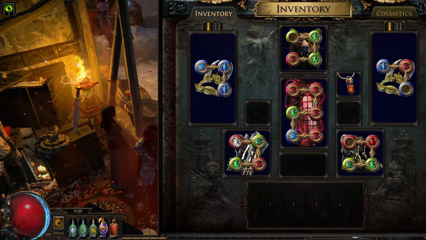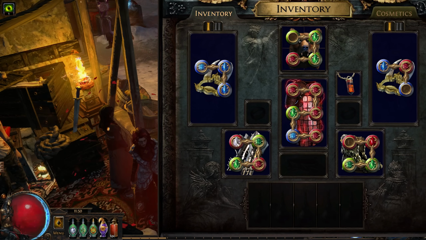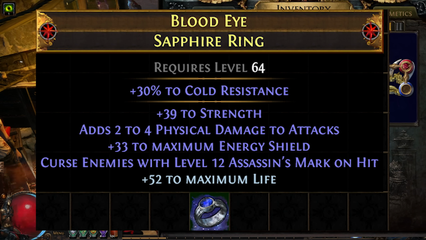Alright, I think it's time to discuss the rings. So our first primary selection is going to be a Shaper Rare Ring that features curse enemies with level 12 Assassin's Mark on hit. This is an even higher level version of the curse than we would get from the Oskarm Nubuck gloves,